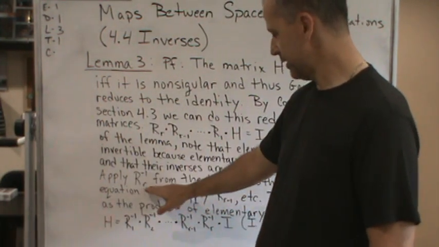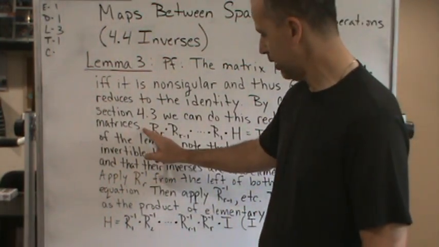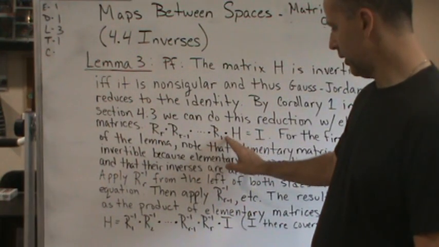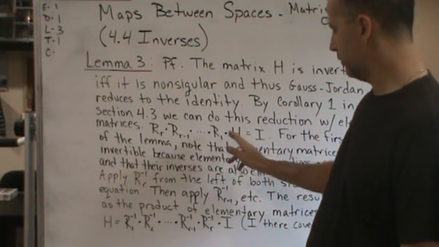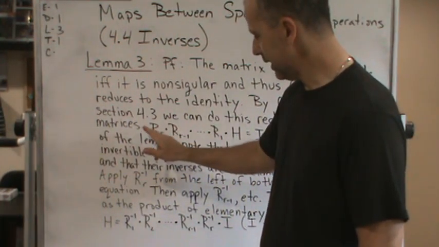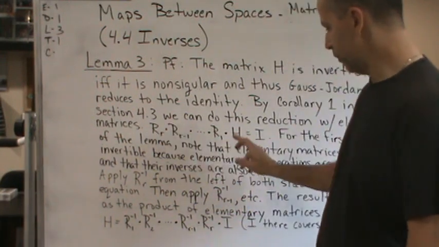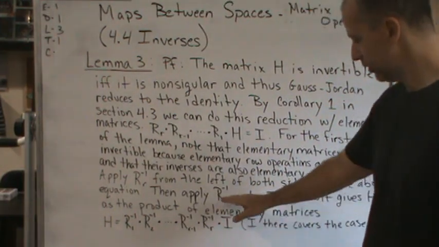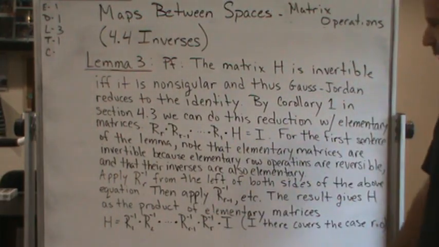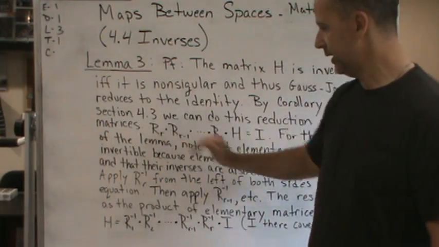So we apply this inverse from the left of both sides. We're going to multiply by R inverse sub R on both sides, right? If we multiply this side by its inverse, this is just going to give us the identity, right? And then we'll have R inverse. And then we're going to do the same thing with the next inverse. And so on. We're going to start multiplying both sides by each subsequent inverse of the elementary